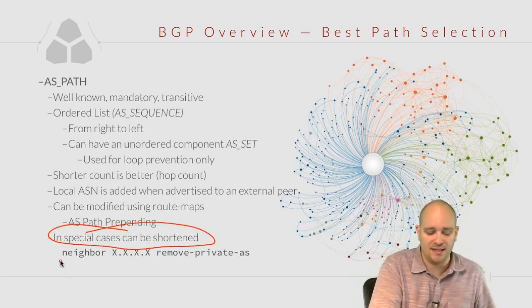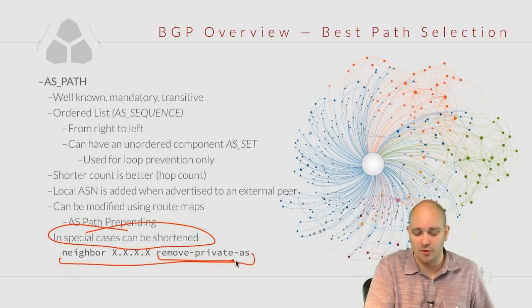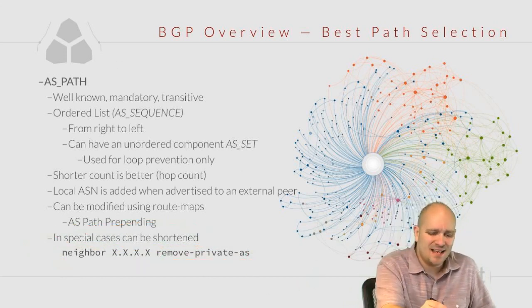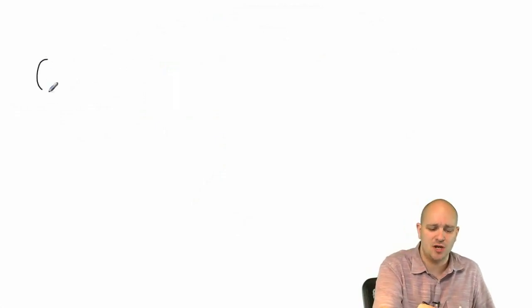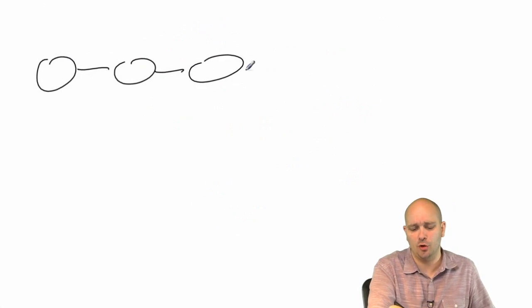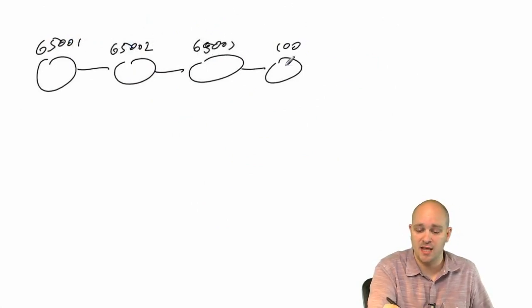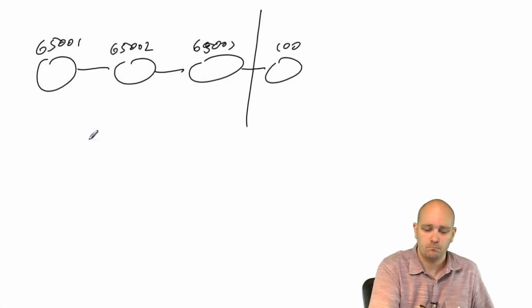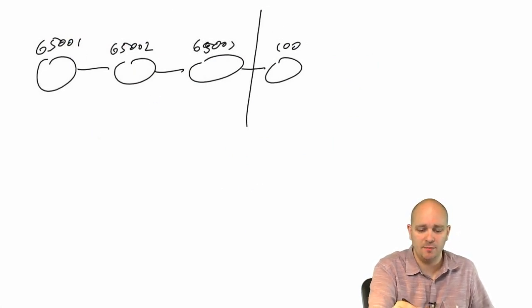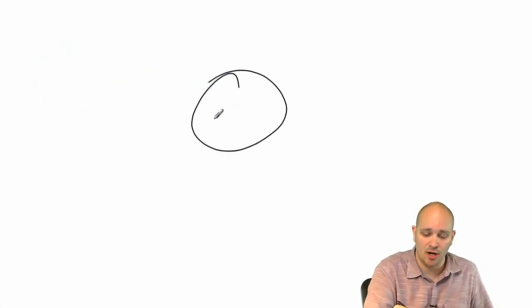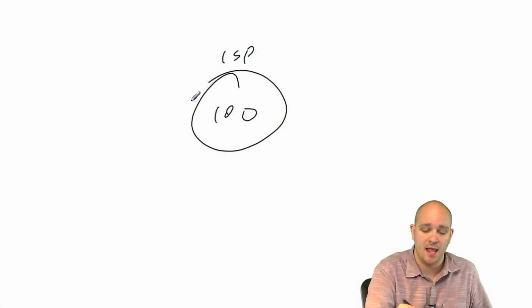Now, the command to do that is neighbor, and then the neighbor address, remove private AS. This is, as I said, a very special case. And it is going to be used in a situation where, let's say we had multiple autonomous systems here, 65,001, 65,002, and 65,003. Or actually, you know what, let me use a slightly different example here. Let's say that AS 100 here is an ISP, and it has